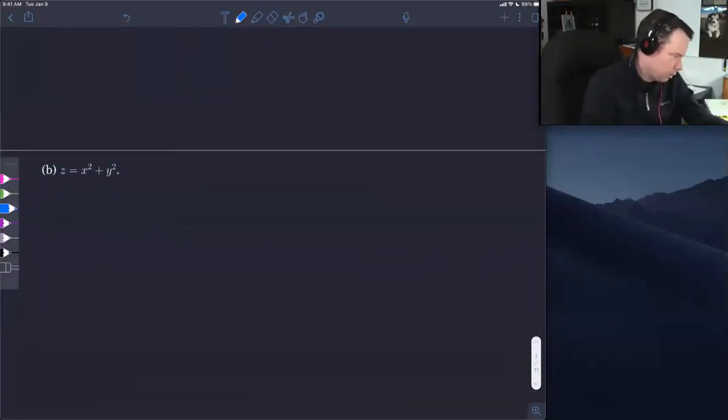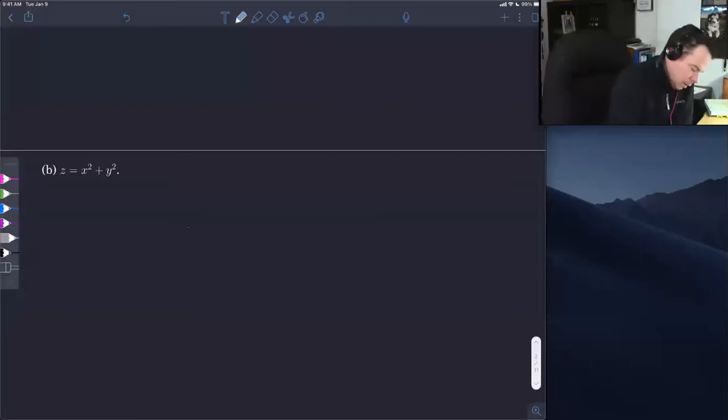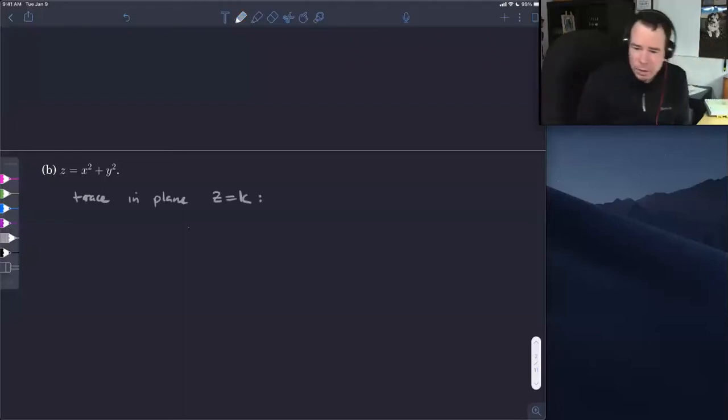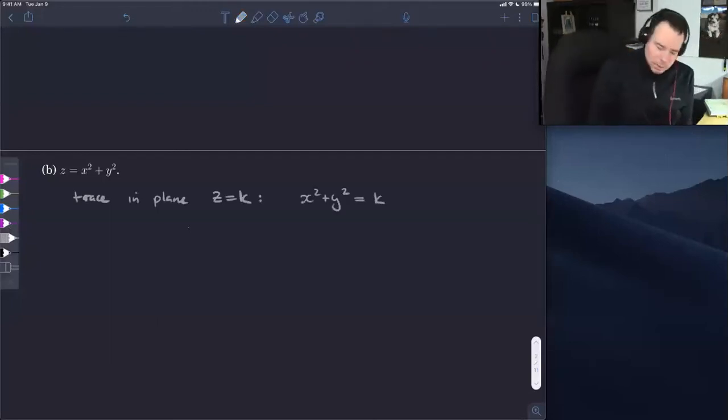So in this particular case, we're going to look at z equals x squared plus y squared. And so I can do things like, what is the trace in plane z equals k? So when I draw a horizontal plane at height k, how does it intersect this surface? Well, that's going to be x squared plus y squared. I'm plugging in k for my z value. Gives me this, which is a circle